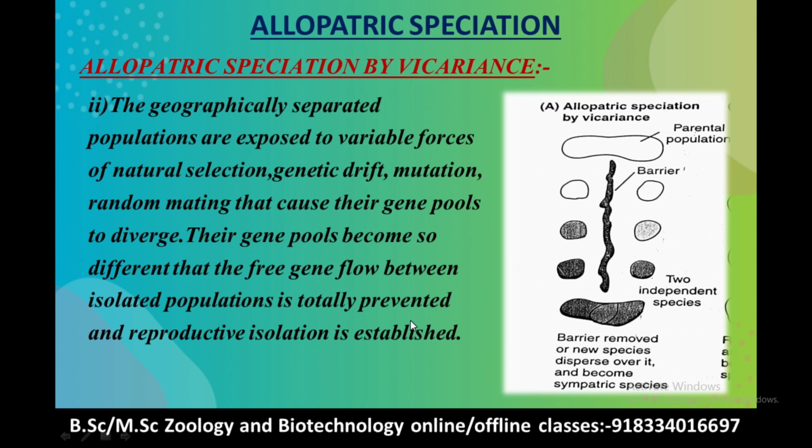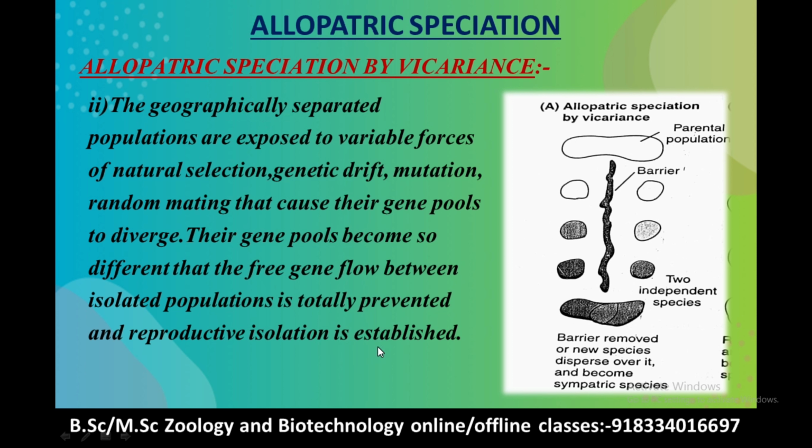Basically the geographically separated populations are exposed to variable forces of natural selection, genetic drift, mutation, and random mating that cause their gene pools to diverge. Their gene pools become so different that the free gene flow between isolated populations is totally prevented